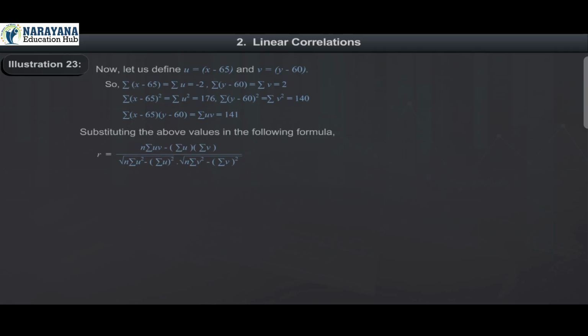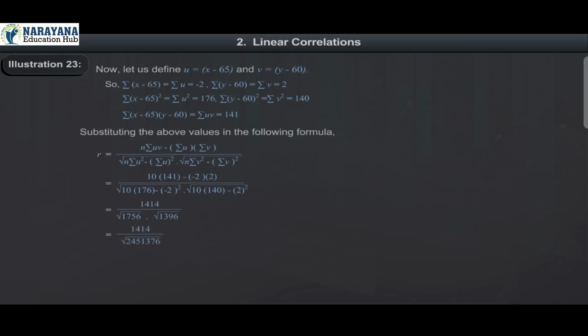Substituting the above values in the following formula, r is equal to (n sigma uv minus sigma u into sigma v) divided by under root (n sigma u square minus (sigma u) whole square) into under root (n sigma v square minus (sigma v) whole square), is equal to (10 into 141 minus (minus 2) into 2) divided by under root (10 into 176 minus (minus 2) square) into under root (10 into 140 minus 2 square), is equal to 1414 divided by under root 1756 into under root